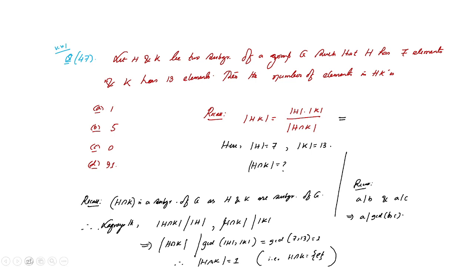Okay, so what will be the answer? The order of H is 7, and the order of K is 13, so the order of HK will be 7 times 13, that will be 91. So option D is correct. All other options are